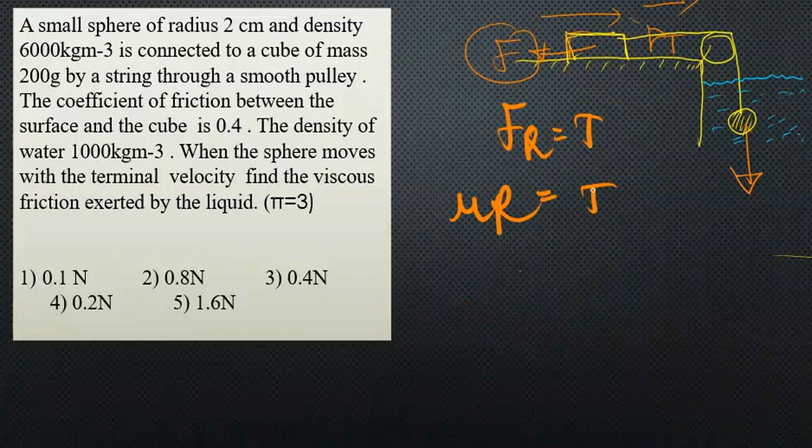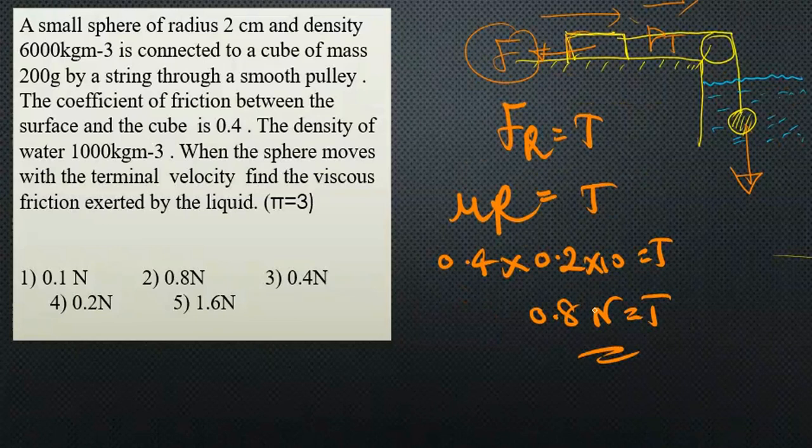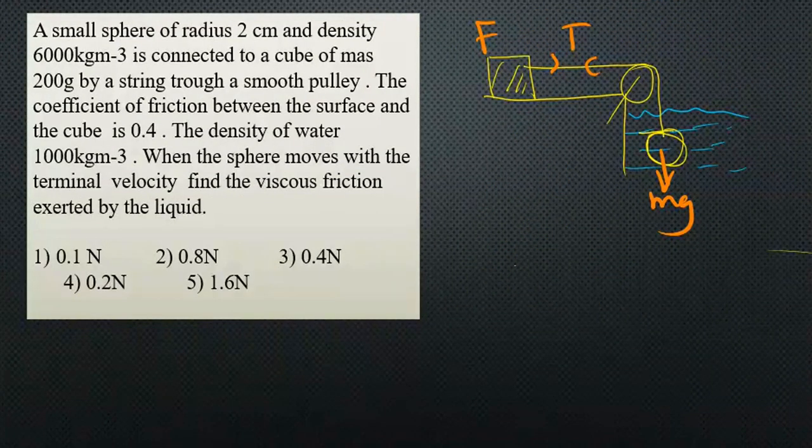So frictional force is equal to mu R, which equals tension. Here mu is given as 0.4, and the reaction force mg is 0.2 kilogram into 10, equals T. So here we are getting 0.8 Newton as tension, right? So let's consider the equilibrium now. If there's no acceleration,